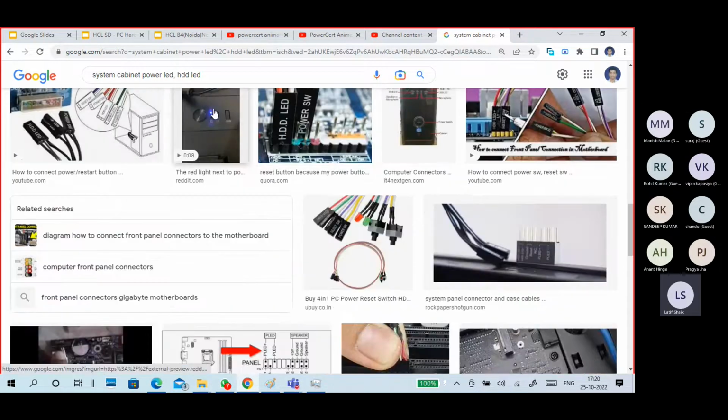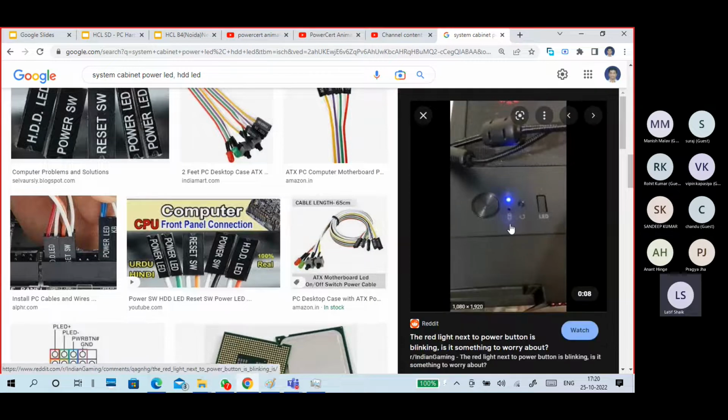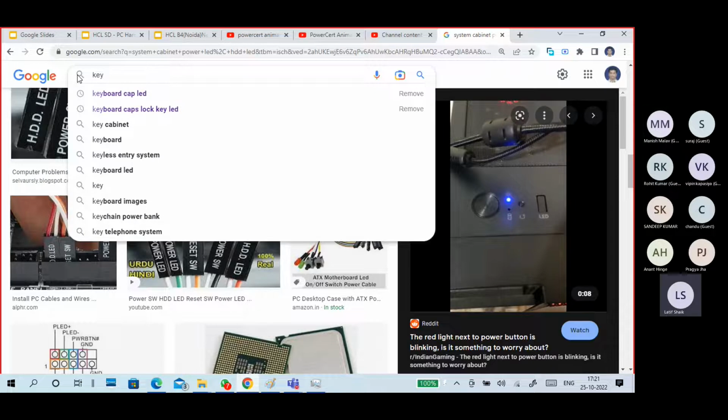on the cabinet like this. This represents the hard disk LED. The down one. The first one is blinking now, that is the power LED. The down one is the hard disk LED. The hard disk LED represents that the hard disk is connected and has power. When you power on the system, power LED blinking means the power supply is good. Hard disk LED also blinking means of course the hard disk is very good. Mostly you are successful. Next one is your keyboard